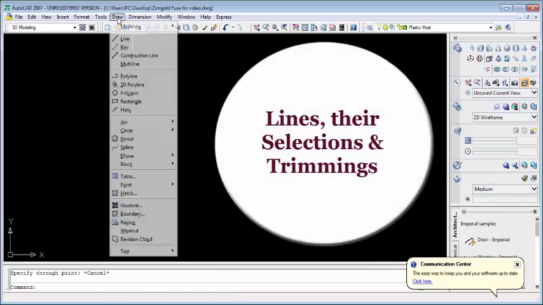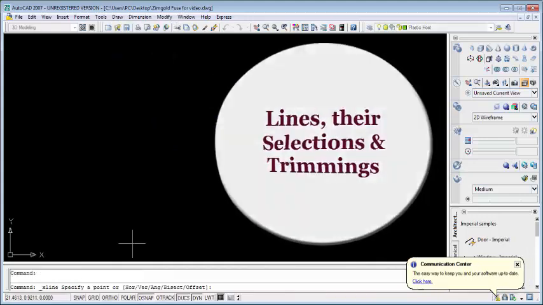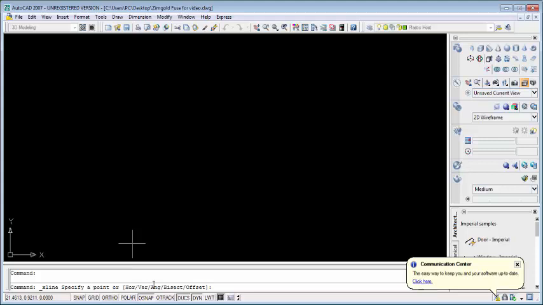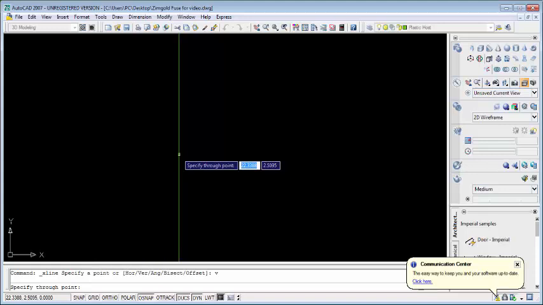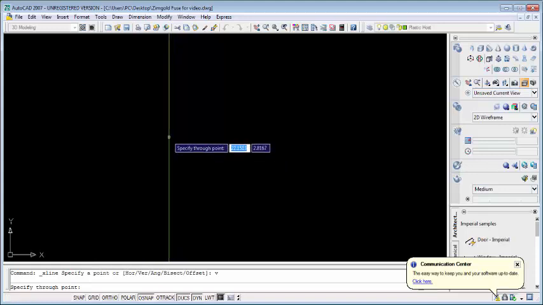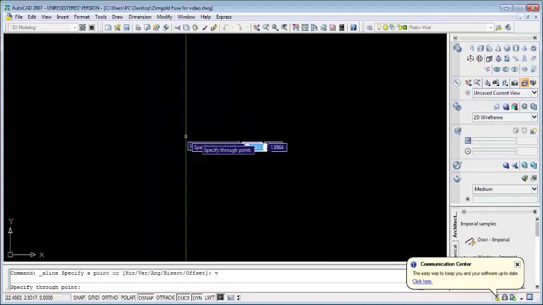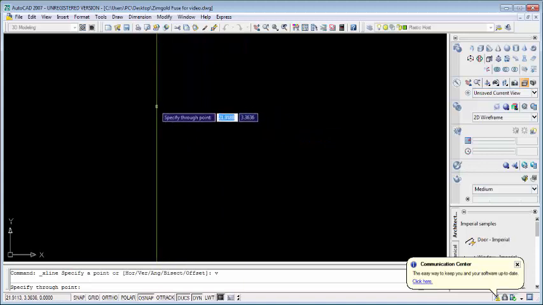Come to draw, choose construction line. Look at the bottom of your screen. It's saying horizontal, vertical, angular, bisect, offset. Which one do you want to choose? I want the vertical line. Choose V for vertical. Click the space bar to enter, and using my left button on my mouse, I'm clicking